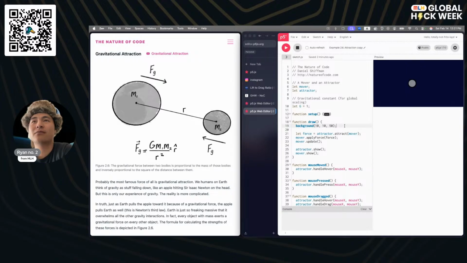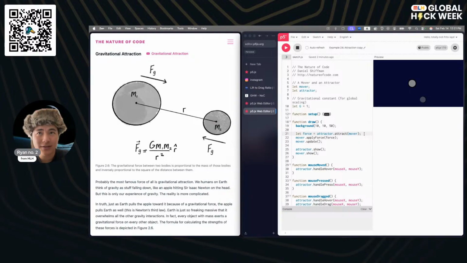We saw that we can change the color of the background just like that. And then we are creating a new force and applying the function attract to it. Based off of how we were doing forces from the previous streams, a lot of what we're doing involves the use of vectors.